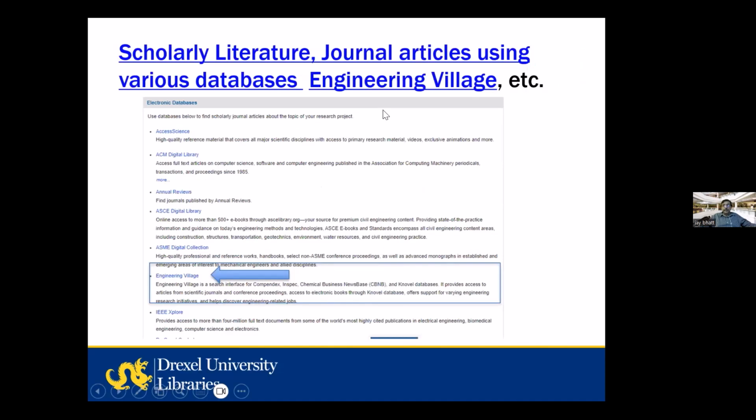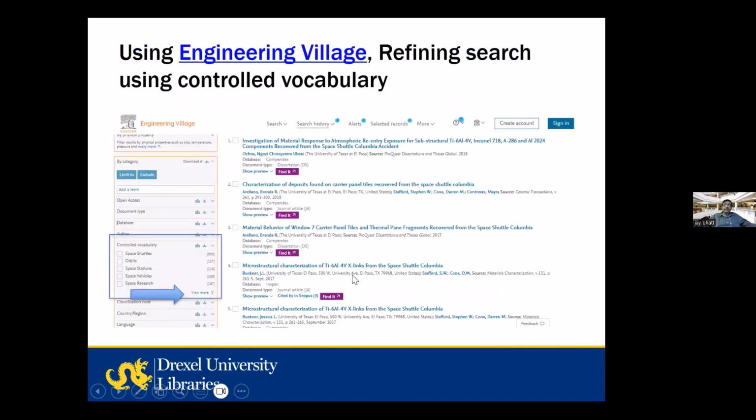And we have a number of databases. Again, this is from our engineering library guide. We also call it the engineering subject guide. Under electronic databases, you will see a variety of databases, including American Society of Civil Engineers, ASA Digital Library, ASME for mechanical engineering, IEEE is also there, Engineering Village, ACM. So many different databases available, but I'm pointing to Engineering Village here because it's one of the key databases that goes back more than 100 years in engineering research. So if you want to learn about the history of certain engineering or failures in the old days, you can also